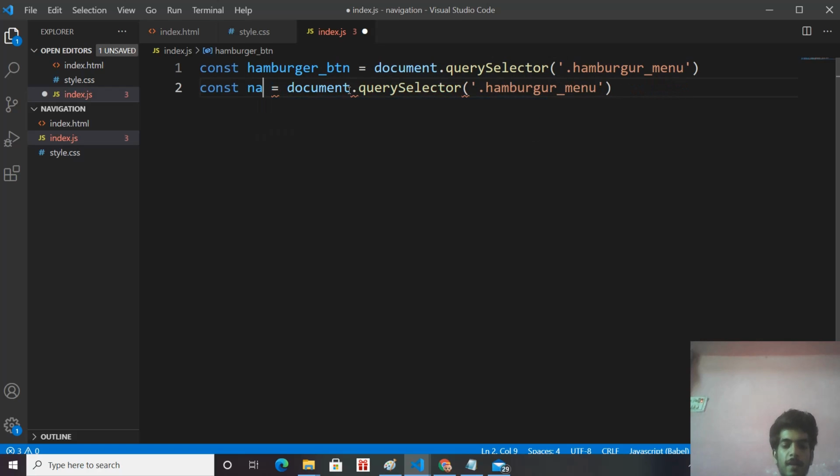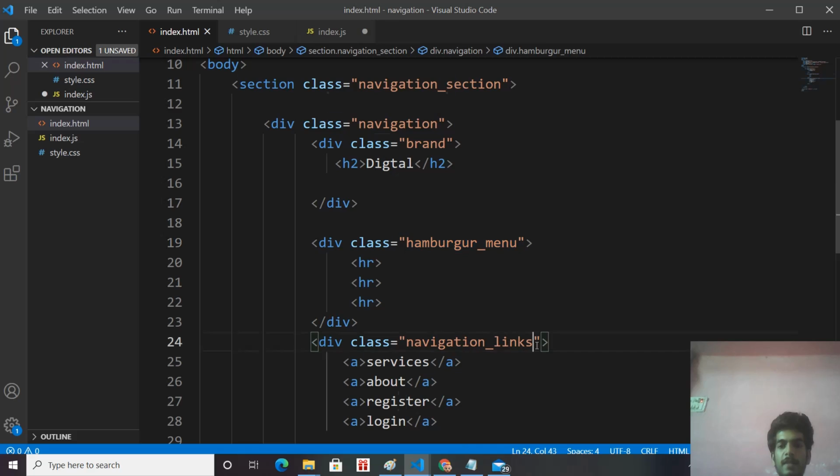Let's select the navigation links. And our navigation container has the navigation links class that has all the links.